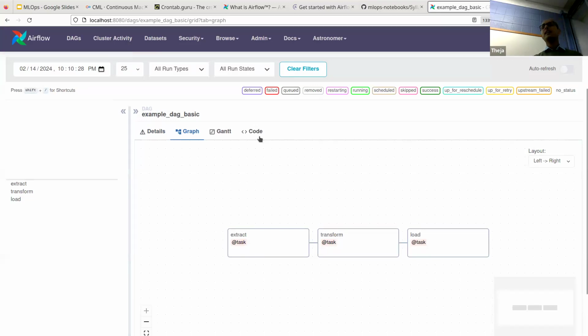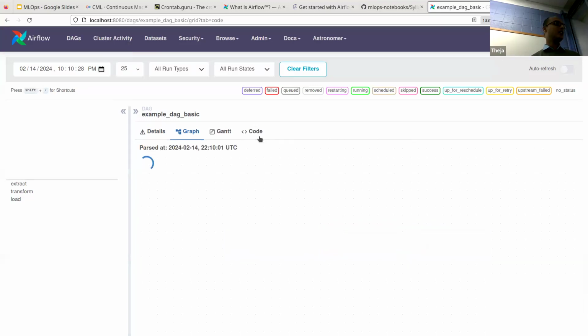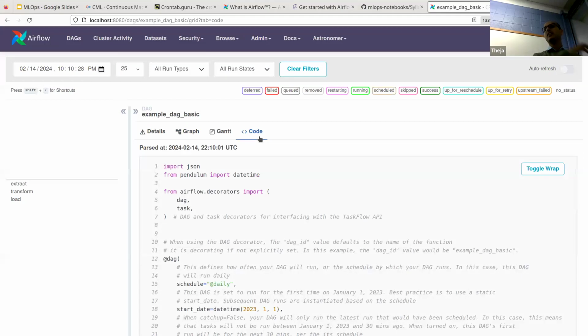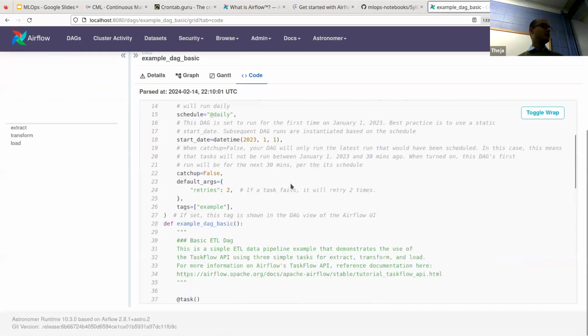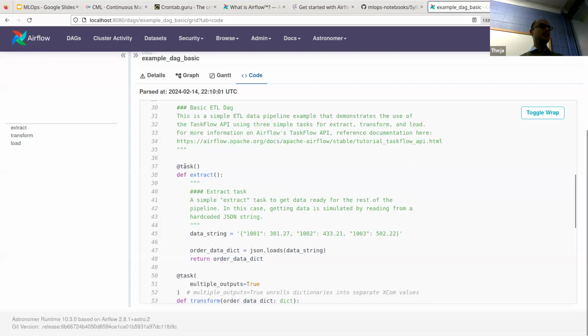In fact, instead of looking at the code in VS Code, we can look at the code right here. It's exactly the same thing. It just reads from the PY file and displays it here. The code is very simple. It's saying, this is a function decorator. We have seen this with Flask, where you can annotate a function with a decorator. It's just a wrapper around the original function. It's a Python feature. So there's an extract function, which is like a task. It's just a demo, right?